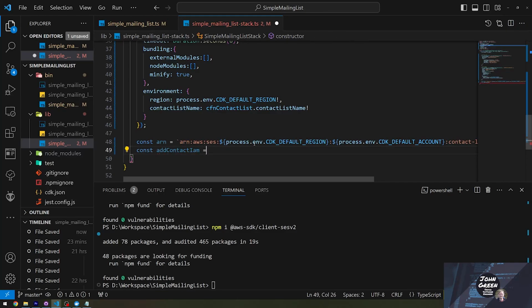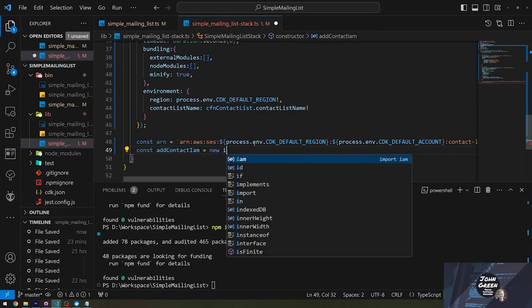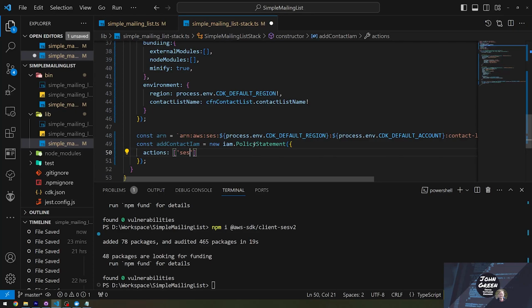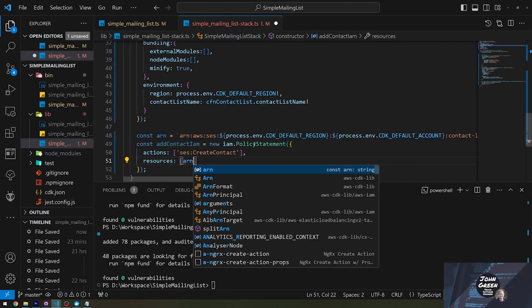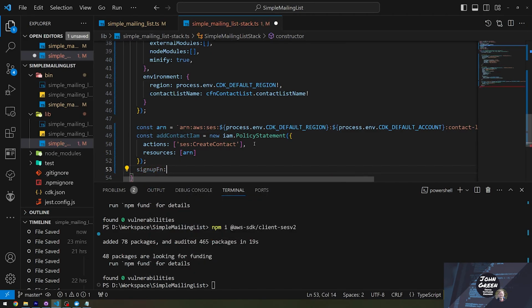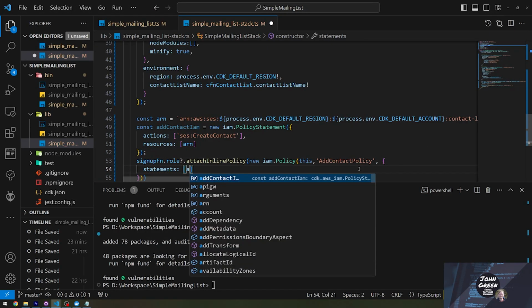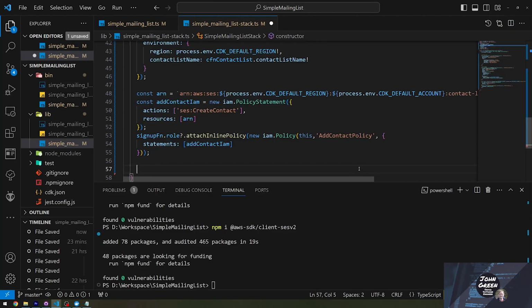So we can now add an IAM policy statement. New. So the action we want to give the Lambda will be to be able to create a new contact, so it is called CreateContact. And the resource it will be on is the ARN that we've just created above. Finally, we can actually add that policy statement to the Lambda function. We're going to do an addToRolePolicy, inline policy. We're going to call that addContactPolicy. And that's now giving our Lambda function the permissions that it needs to create a contact inside the contact list